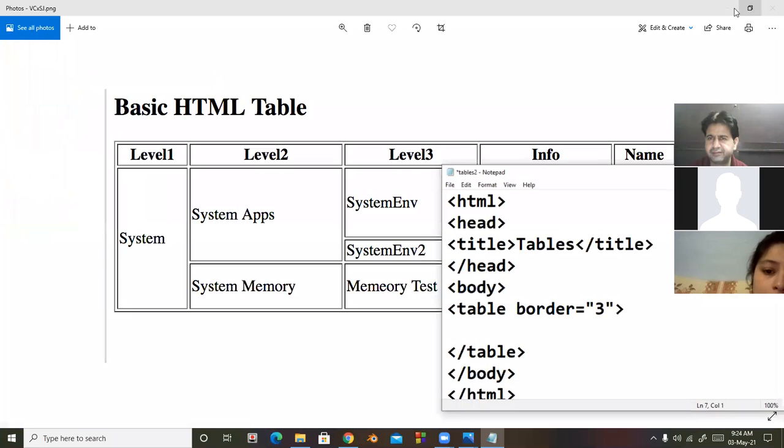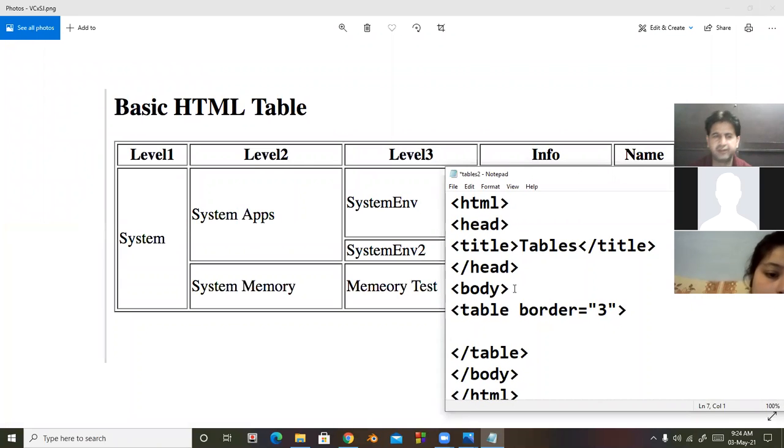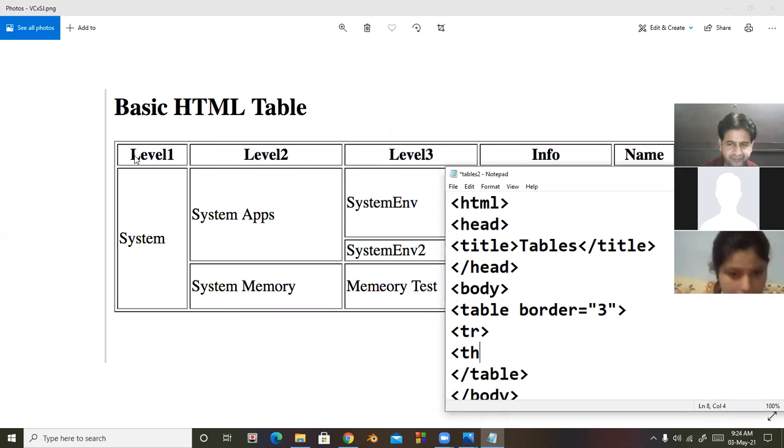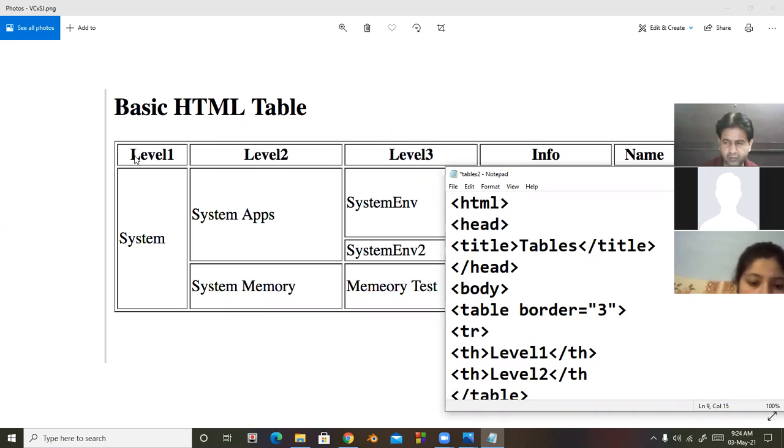Okay, students, look at here. The first line, all the contents are in capital letters. So that's why I'm taking TR first and then TH. Here is level 1, TH closed. Then TH level 2, then TH tag closed.